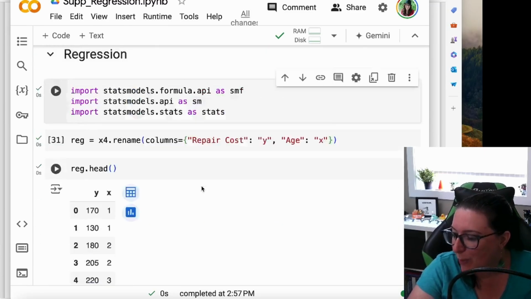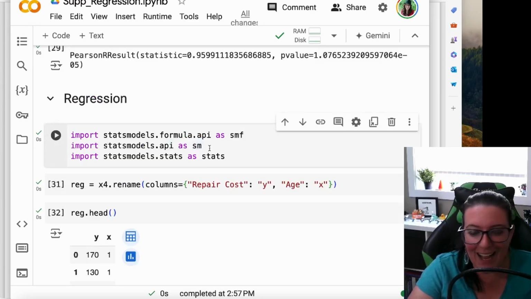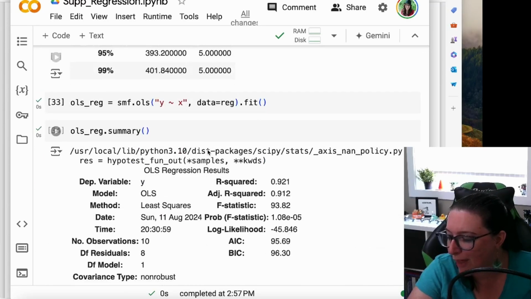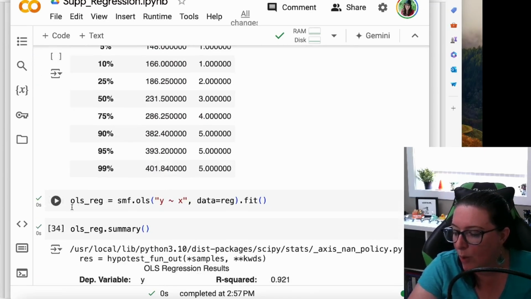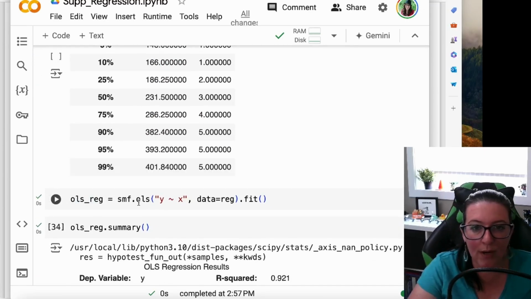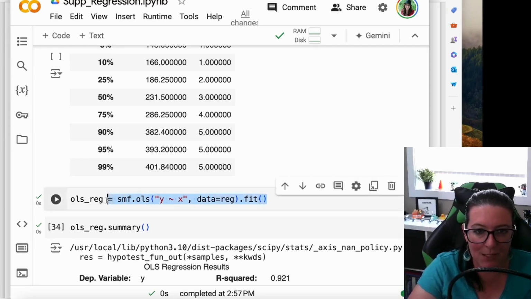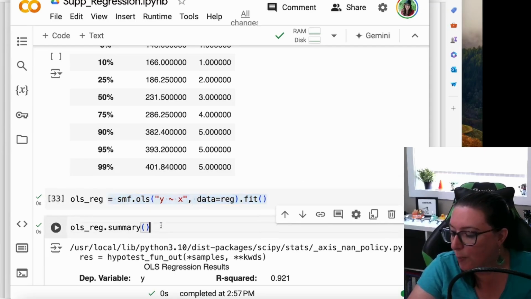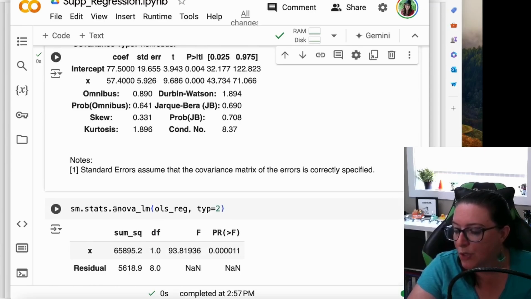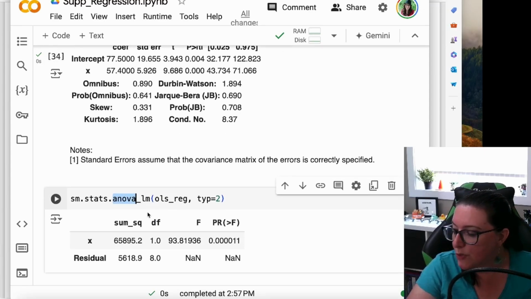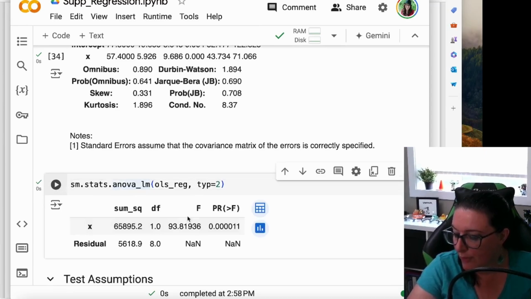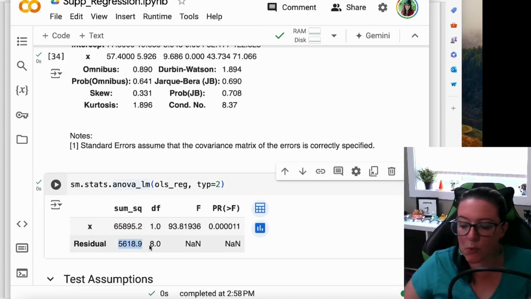All right, so we need import statsmodels.api as sm. When you have run that, we can take this OLS_reg, which was our ordinary least squares regression we ran in our last video, and use its output to create an ANOVA, an analysis of variance. So we are going to do an analysis of variance. Run this, and that's because we need the sum of squares residual,